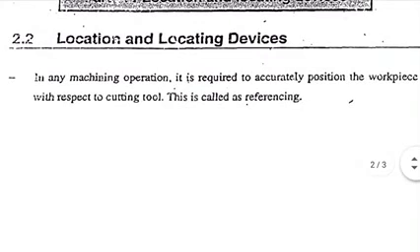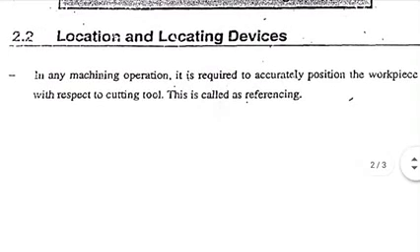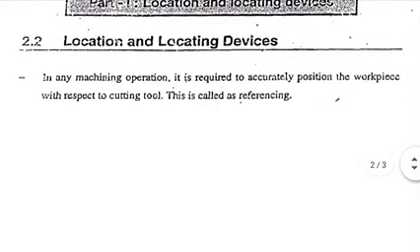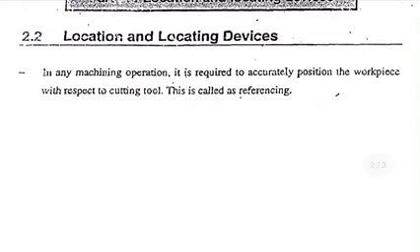For example, if you have to cut a washer from a 5 centimeter diameter and the inner diameter of the washer is 2 centimeter, then the positioning of the workpiece should be such that it is easily fittable and the tool can be easily inserted into it. Therefore, we have location and locating devices, then guiding elements, which are associated with the guidance of the tool, and clamping devices, which are used for clamping of the workpiece.